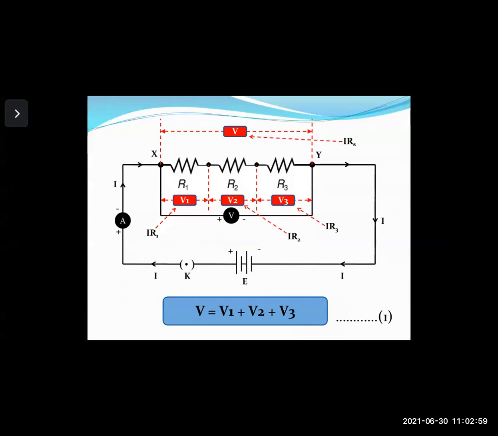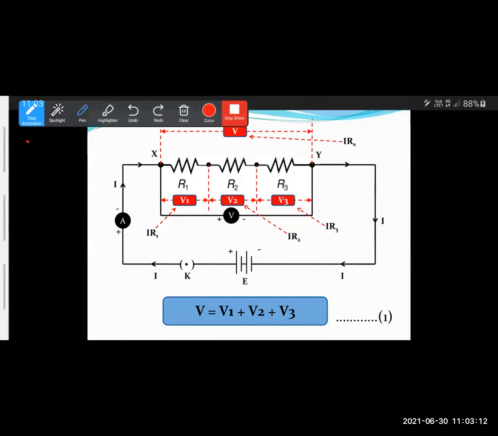Now, just previously, we had studied Ohm's law, right? What was the statement of Ohm's law that we had derived? V equals IR. Okay, fine. Now, what I had told you, the current across the points X and Y will be constant, right? Because there is no other way for the current to go. So the value of I will remain constant. The value of I will not change.